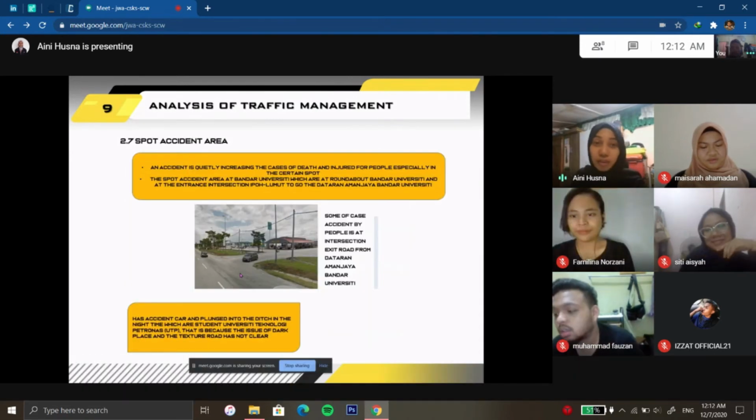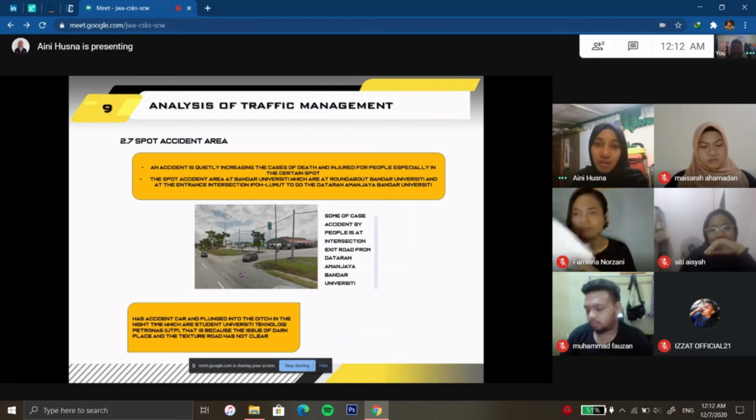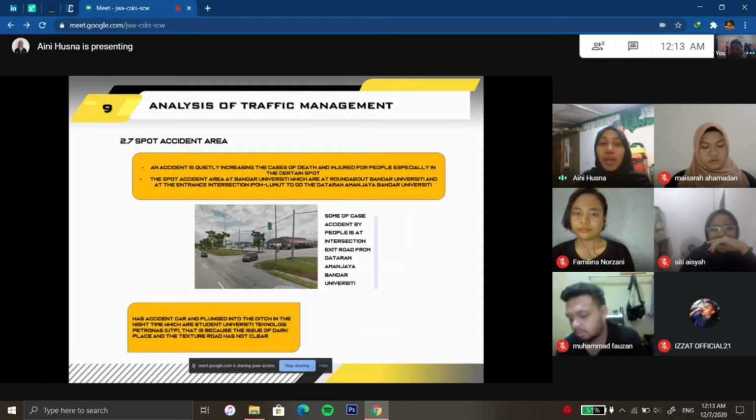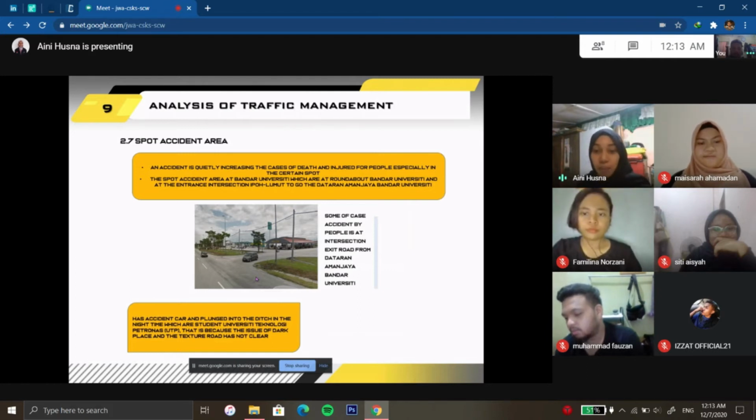Next in traffic management, we come to the spot accident area. Spot accident areas are caused by user visibility, and this can increase the number of deaths and injuries among people, especially in certain spot areas. The picture shows a spot area at Bandar University, Seri Iskandar, Perak. Some of the accidents caused by people are at the intersection exit road from Dataran Ahmad Jaya, Bandar University, and it can be shown